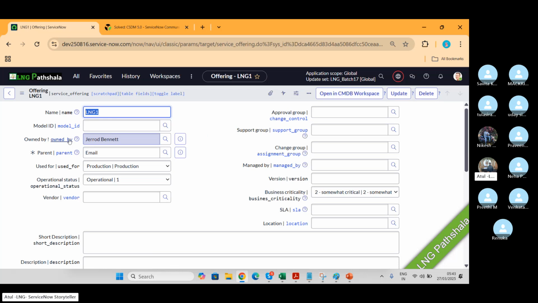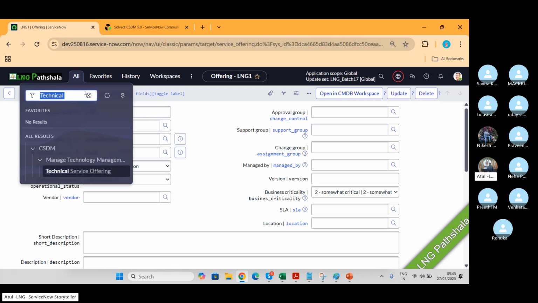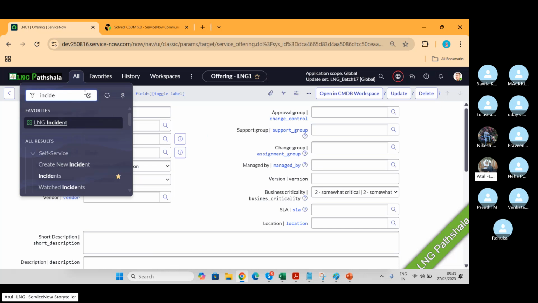Okay, I can do it. And to support that, in the background, I have technical services: email exchange server team service, email exchange deployment team, email exchange security team. So we can define the offerings here. And when you go and log a case, or sorry, not a case, incident,